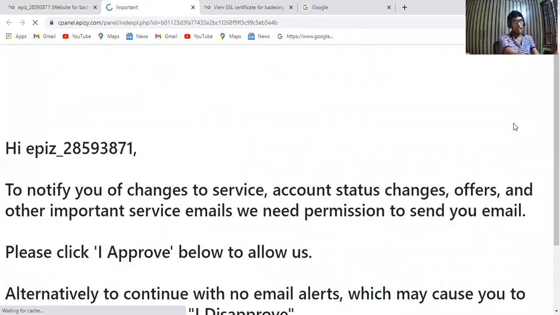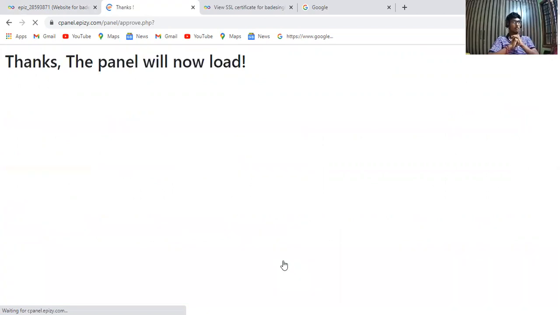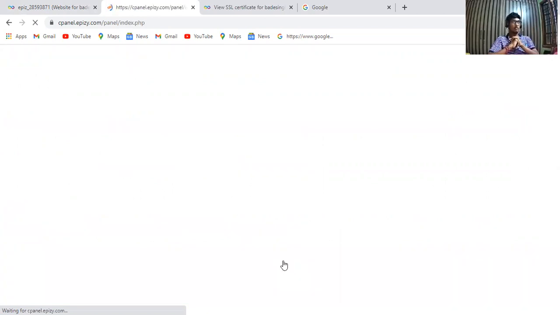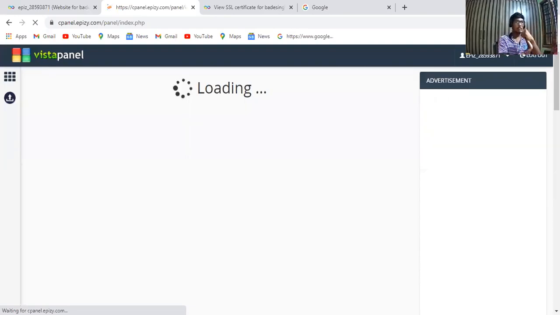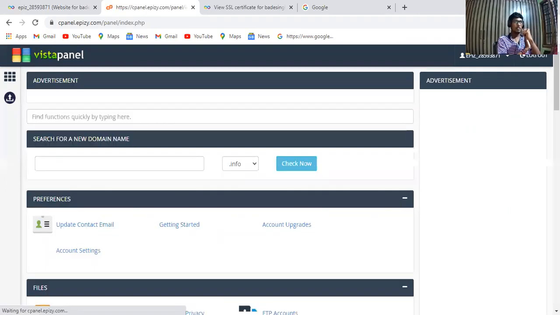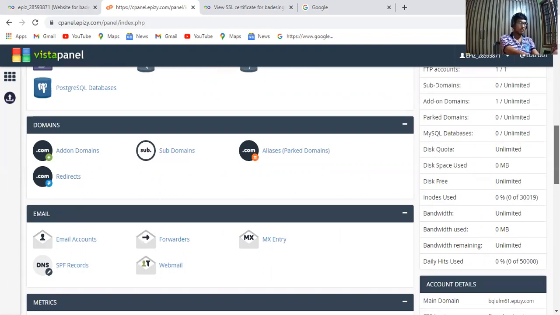After that you have to click on approve and your control panel account will be open. So let's wait. Okay, in this control panel you have to go to the CNAME option, CNAME records.